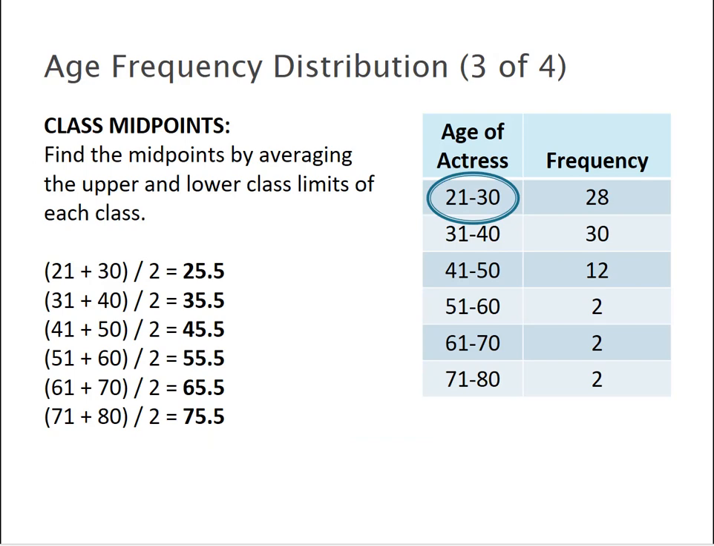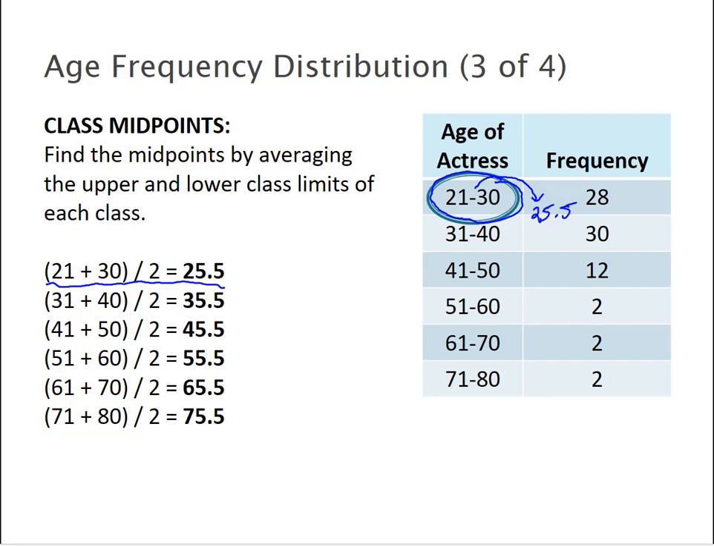To find the class midpoints, you simply take the average of the upper and lower class limits for each class. So here, again, I have circled on the table to the right where we have our age of actresses frequency distribution. I have circled the upper and lower class limits of 21 and 30 for the first class. To find the average, I add 21 plus 30 and divide by 2 to get 25.5. Just to note that that class midpoint goes exactly between your upper and lower class limits. So notice that 25.5 is exactly between 21 and 30. So I'm going to write 25.5 and an arrow indicating that it should be right in the middle between those